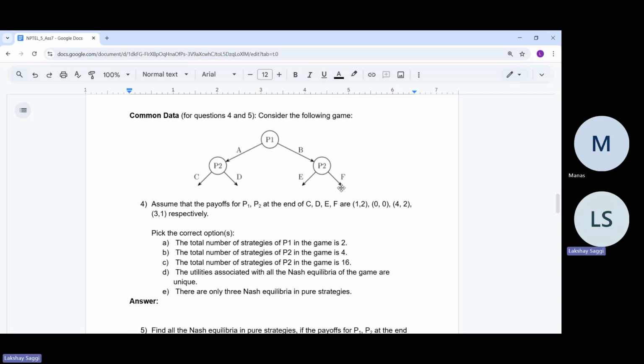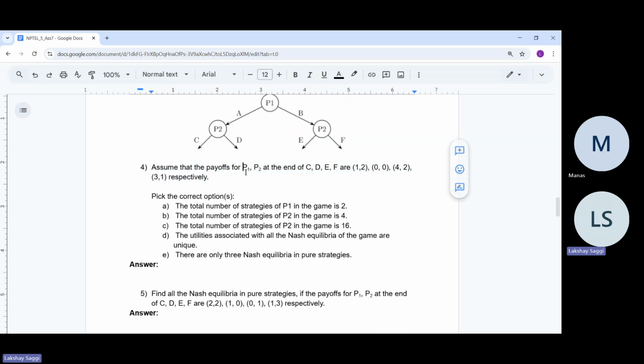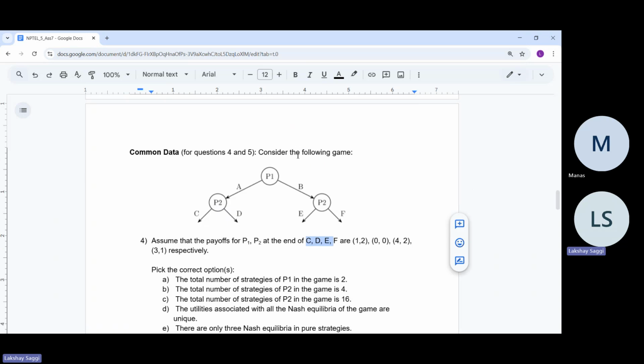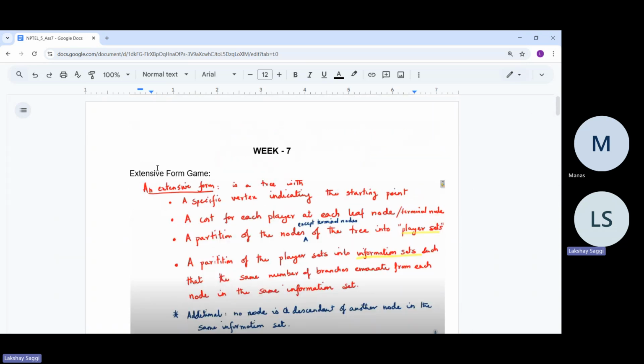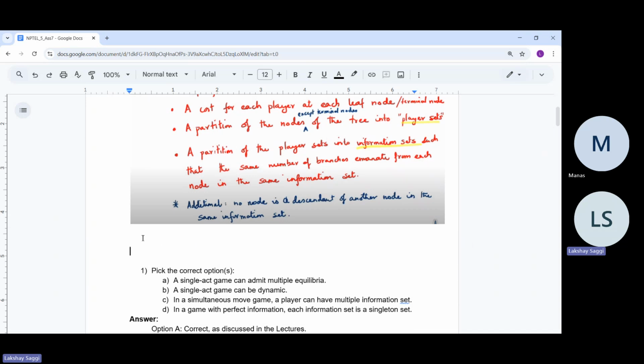And now we are given that the game ends here. We'll be assuming that the game is a single act game, and the game actually ends here. We have not written the payoffs here because the payoffs will be different for problems 4 and 5. But assume that the payoffs of P1, P2 at the end of C, D, E, F are 1, 2, 0, 0, 4, 2, 3, 1 respectively. Also, we'll be assuming that, usually it's a convention that every player wants to